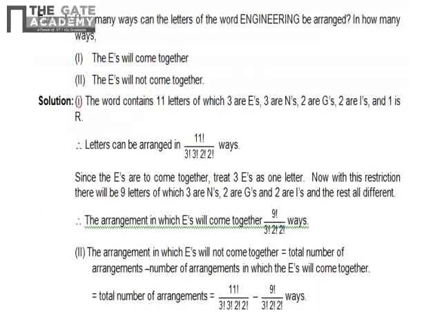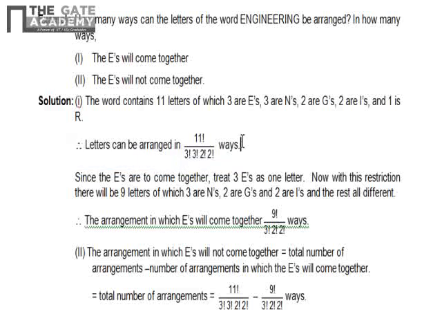Now this is one very good example. In how many ways can the letters of engineering be arranged? And in that also there are 2 conditions: in how many ways the E's will come together and the E's will not come together. So first we'll write the general arrangement for engineering. There are 11 alphabets in which E is repeated thrice, N is repeated twice, G is repeated twice, and I is repeated twice. So I have to find by this formula which I have done earlier, 11 factorial upon 3 factorial, 3 factorial,